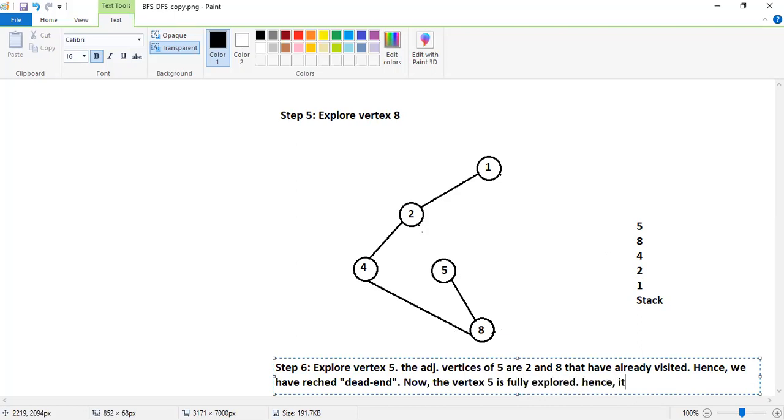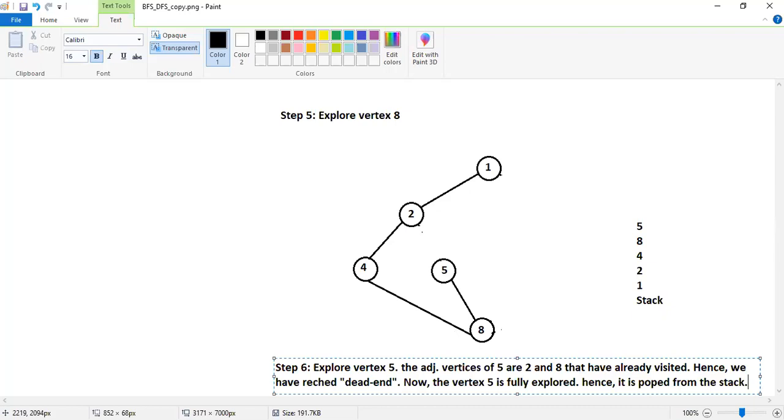Hence, it is popped from the stack. Why are we popping only 5? Because of last in, first out. Which has come at the end? 5 has come at the end. And now we say that 5 is completely explored. So remove 5 from the stack.